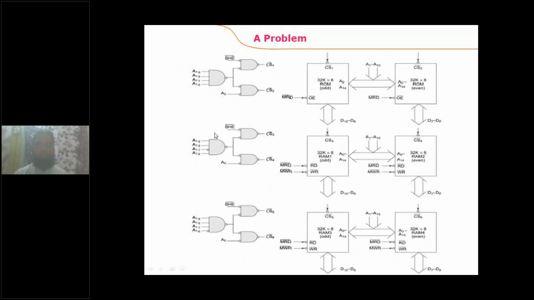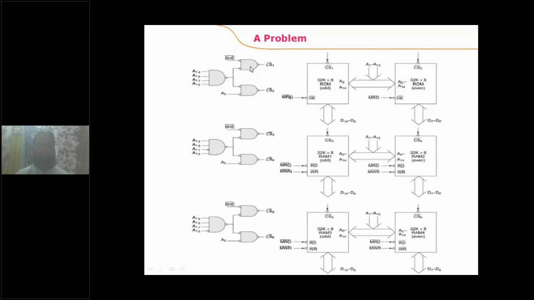In the regular classwork, what I said is the decoder circuit consists of two levels of NAND gates: the first level consists of only one NAND gate, and the second level consists of as many NAND gates as the number of chip select signals generated. This is a little bit different. For each pair, a single NAND gate is used. See here, A16 to A19 are the inputs for this NAND gate. It generates some signal which is given to the second level NAND gate through a NOT gate.